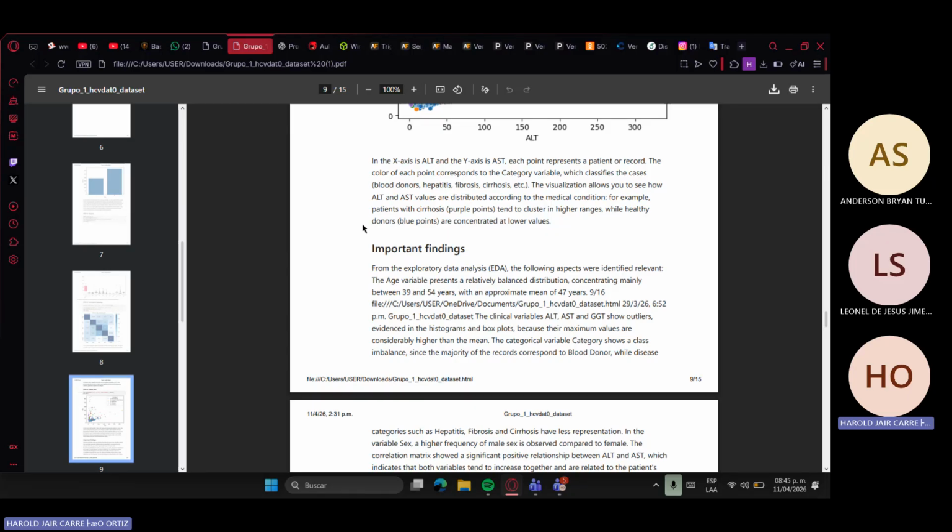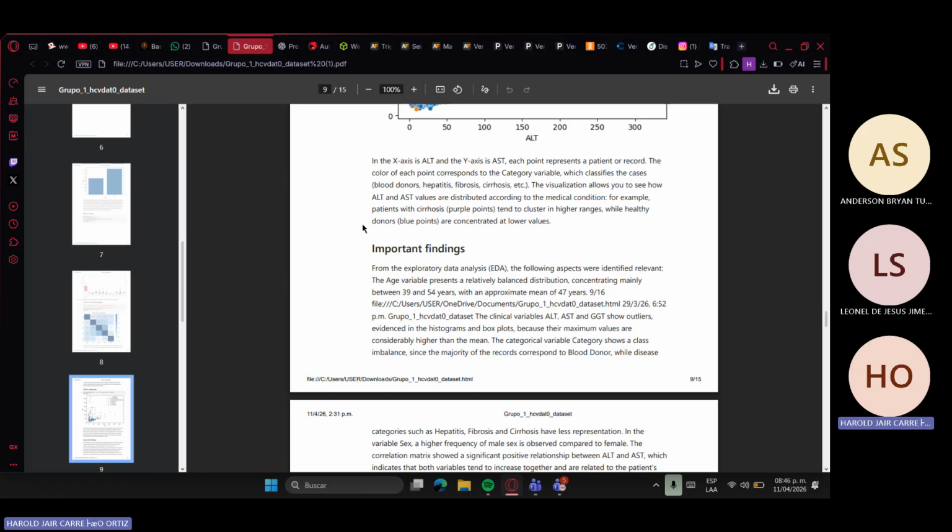The data also show evidence in the histograms and the box plot, because the maximum values are considered higher than the